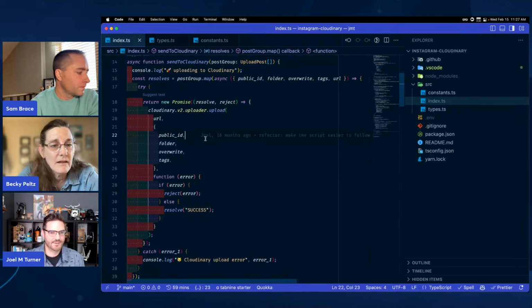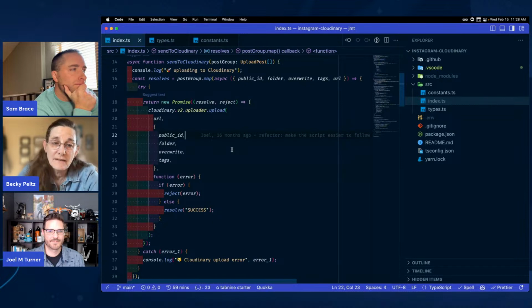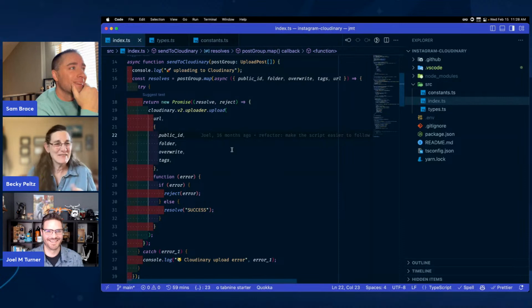Yeah. One thing I could call out here, though, is that they did make the V2 uploader a promise, so you can await it. Oh, nice. Yeah. It was an improvement that they made, so that you don't have to wrap it. But it's good to see that you can wrap it too, and it still works. You don't have to upgrade your code, even though they upgraded the functionality there. So yeah, I'll have to look at that. It's a little cleaner to read for me. Yes, if you just await that,